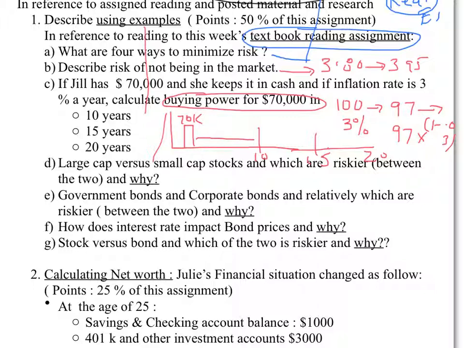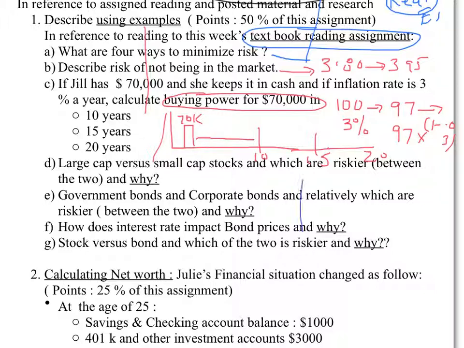Obviously, the larger the company, the chances are large companies can survive economic downturns better than small companies. Why? Because they are more global, they are more diversified, and their balance sheets are stronger, which means they have more cash and better assets. Small companies, because they are small, don't have the experience in terms of number of years. They may not be as diversified into different global economies and so on. So typically, large caps are considered safer than small caps, and the reason is because they are large, they can handle the ups and downs more. That would be the more specific answer for that one.